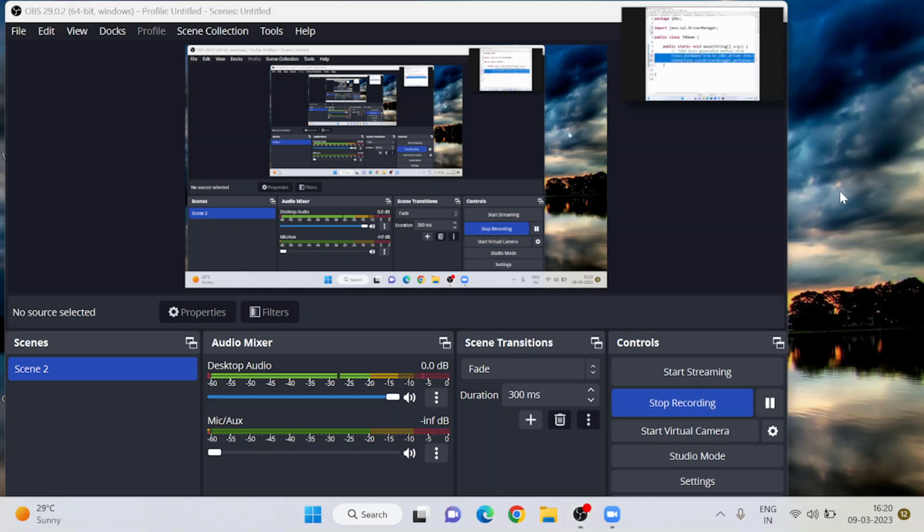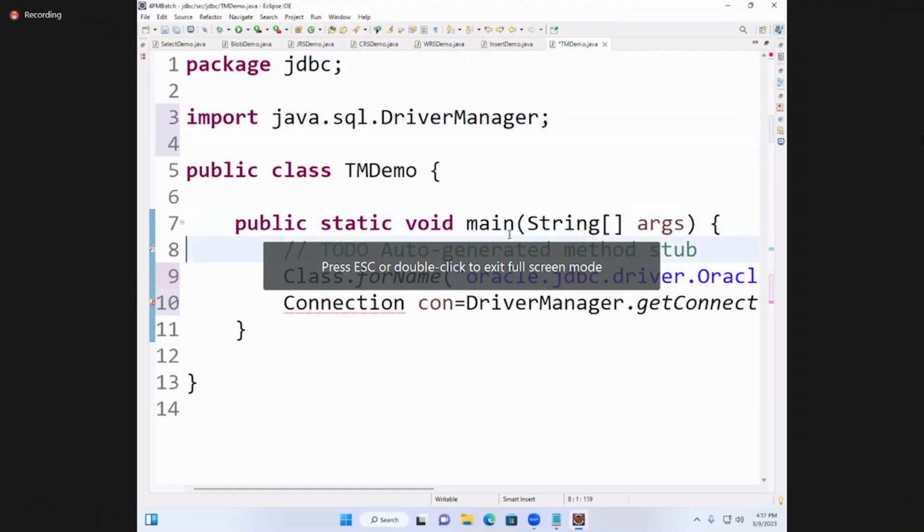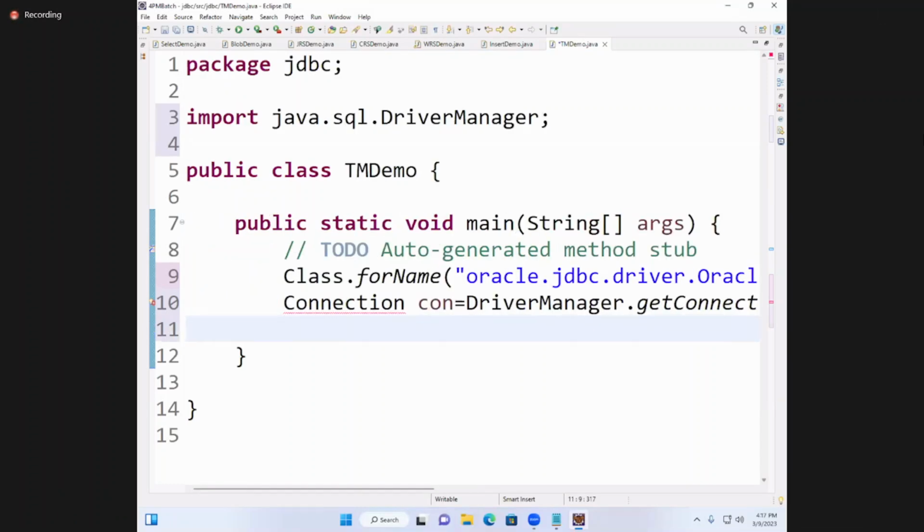Loading a driver, establishing connection. From JDBC 4.0 onwards, there is no need to write this. It works. Now, connection established. After establishing connection, if you want to execute programs,